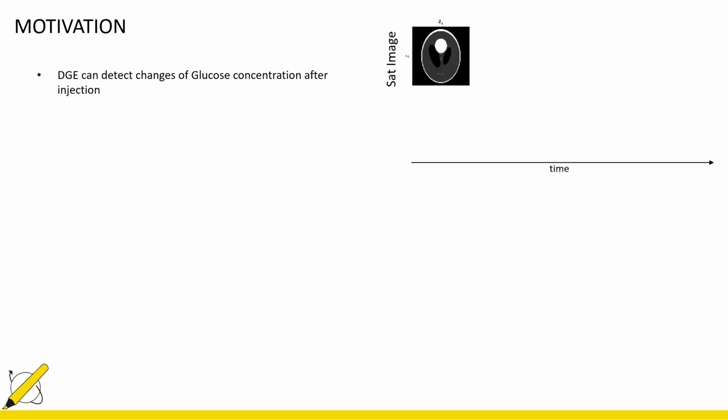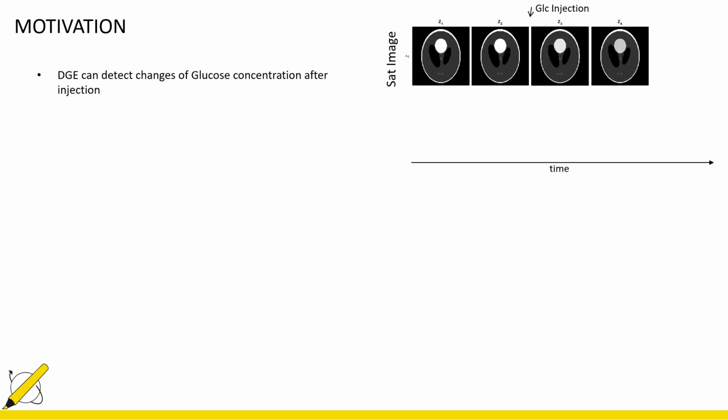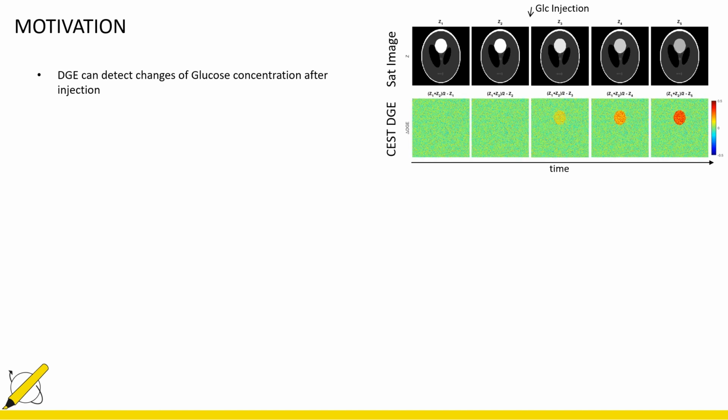That works the following way. We acquire a saturated image at a specific frequency offset. We do that over time, and at some point we start to inject glucose. Then, wherever the glucose accumulates in the brain, we have a stronger CEST effect and therefore a lower water signal. And when we then subtract the images after the glucose injection from the baseline image, we get our positive DGE